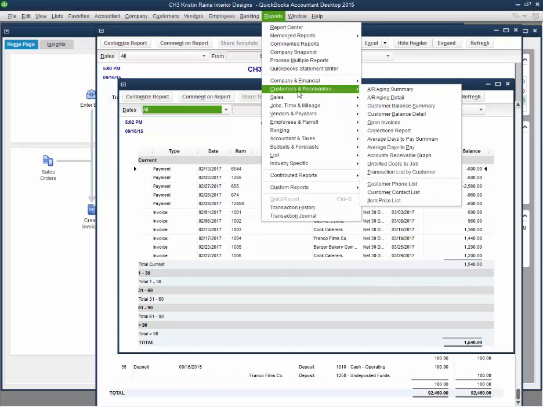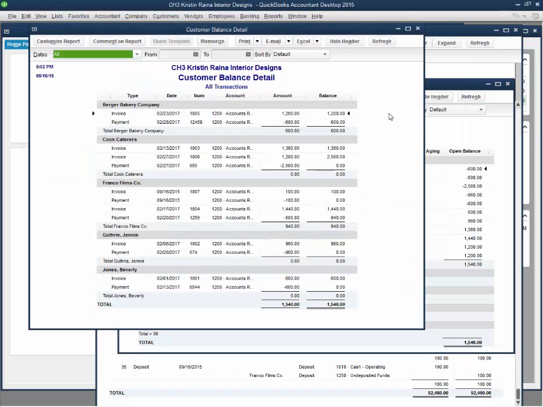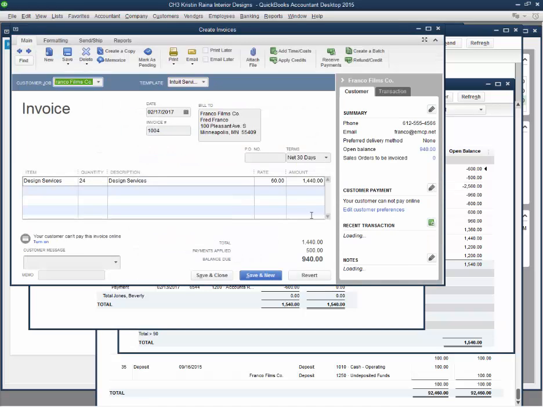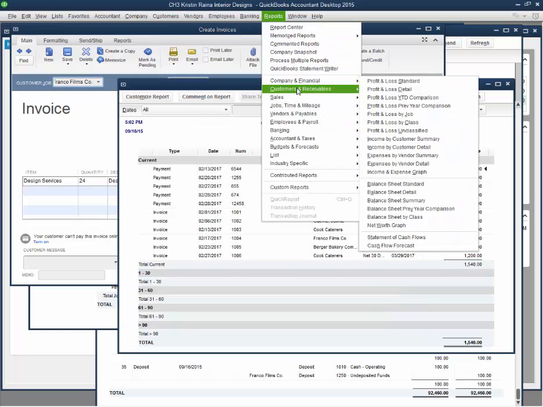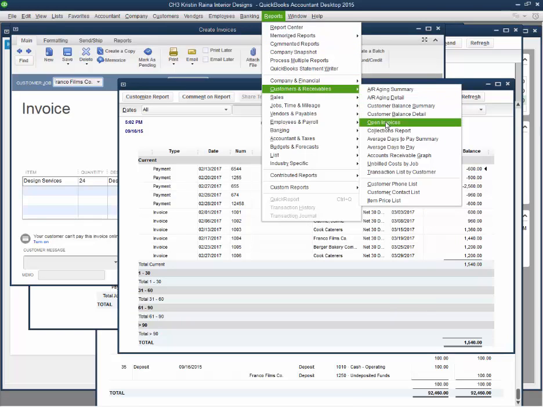Other reports that are important under customers are going to be your customer balance detail, and this shows you a breakdown of, okay, here is Franco Films. You can see here was an invoice. There was the payment that I made, but remember there was that other invoice for $14.40. There was a partial payment, so there is still a balance due. And what's nice is you can use this quick zoom feature. If you watch my cursor, you can go right back into that invoice and look at the details, so that's really cool. Another important report in here is going to be your,